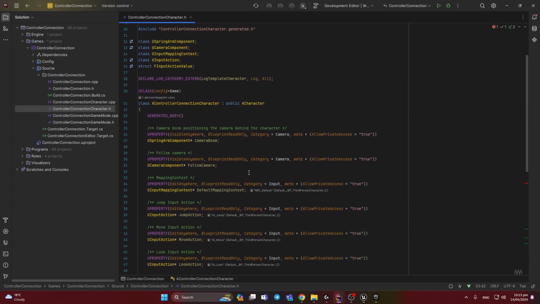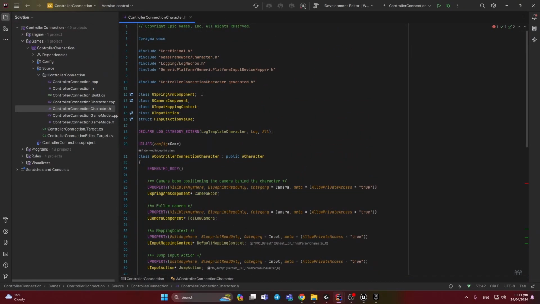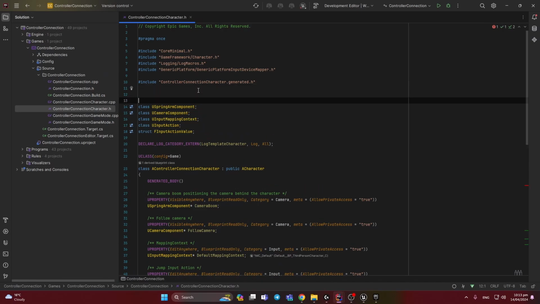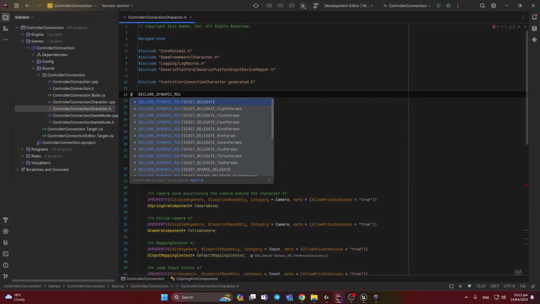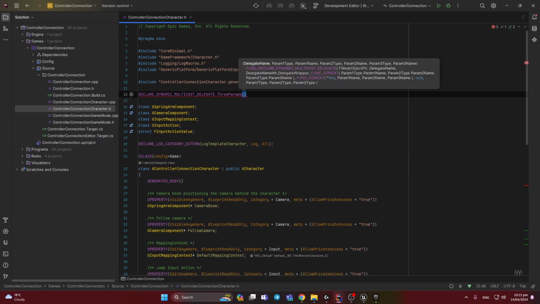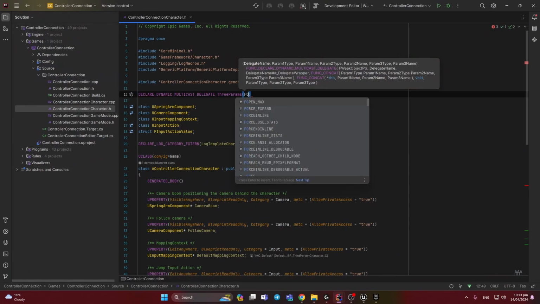So for this, we need to add at the top. So here, we need to add the delegate with important parameters. So let's add it. Because delegates need 3 parameters. This one. So first will be on